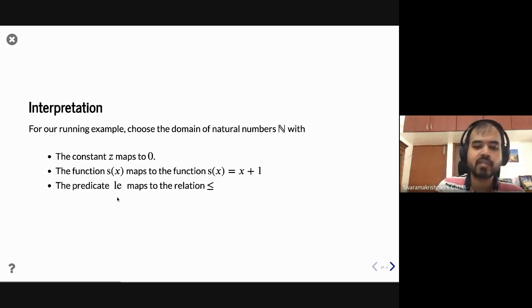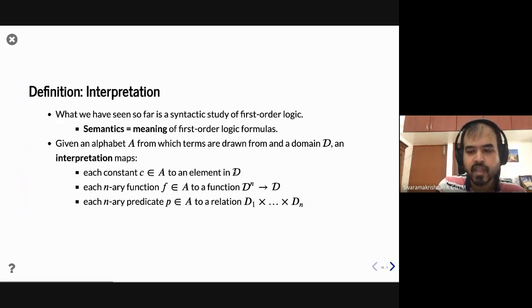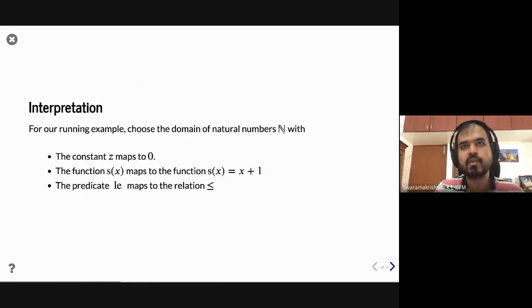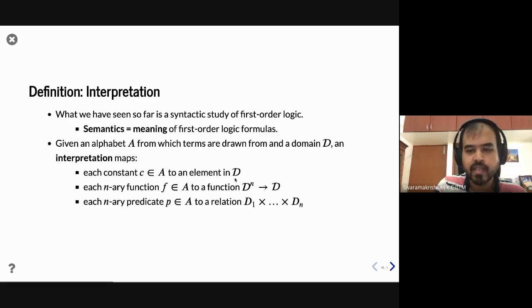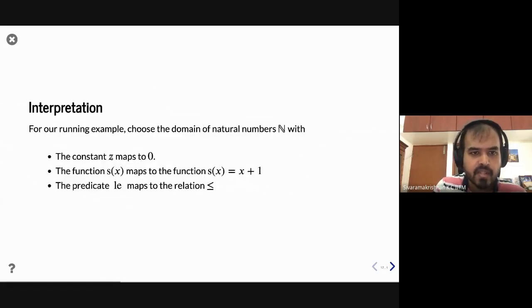The way we give meaning to this is pick a domain D, right? And the domain that I'm going to pick is the domain of natural numbers, right? And I say that I want to map the constant to an element in D. I'm going to map the constant z to 0. Every function I map to a function that takes so many arguments and returns an argument which is also in D. For s of x, right, I'm going to map it to a function called s of x, right, that takes one argument which is D. So it's a natural number and returns you x plus 1, which assigns meaning for what s of x is,